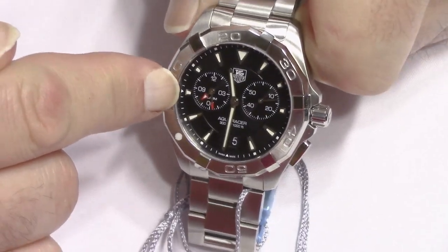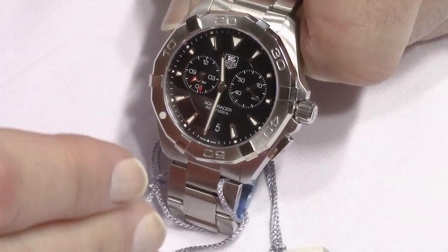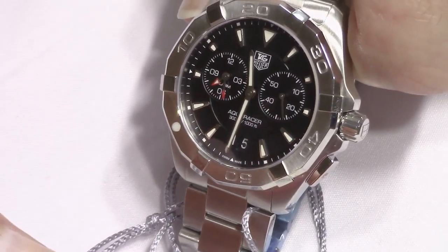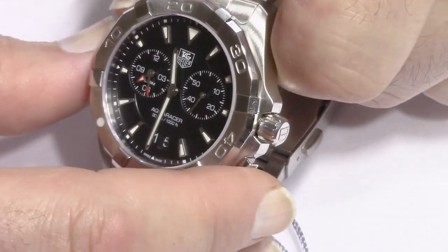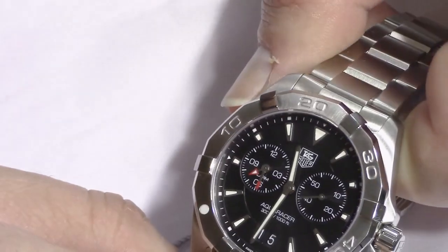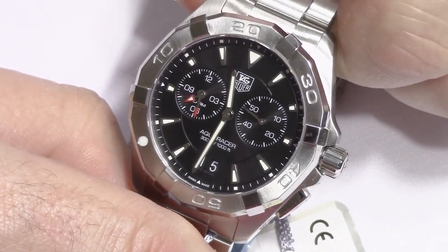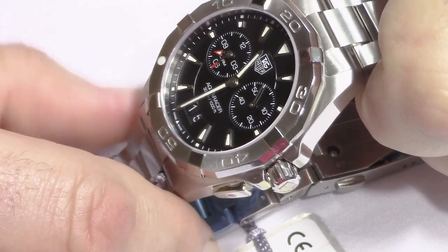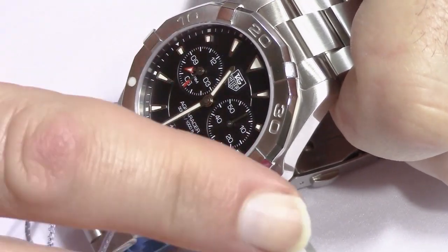This is the alarm dial right here with the red hands and so forth. And you would use this to kind of calculate how long you've been under the water. You don't want to be underneath there so long that you run out of oxygen. So you need to know when to start coming back up toward the surface. So we use this red button over here, and let's go ahead and press that. And then we have to wait about 10 seconds and it'll beep twice. Okay, it beeped twice. And all that tells you is that the watch is engaged. The watch knows that you're now going to be